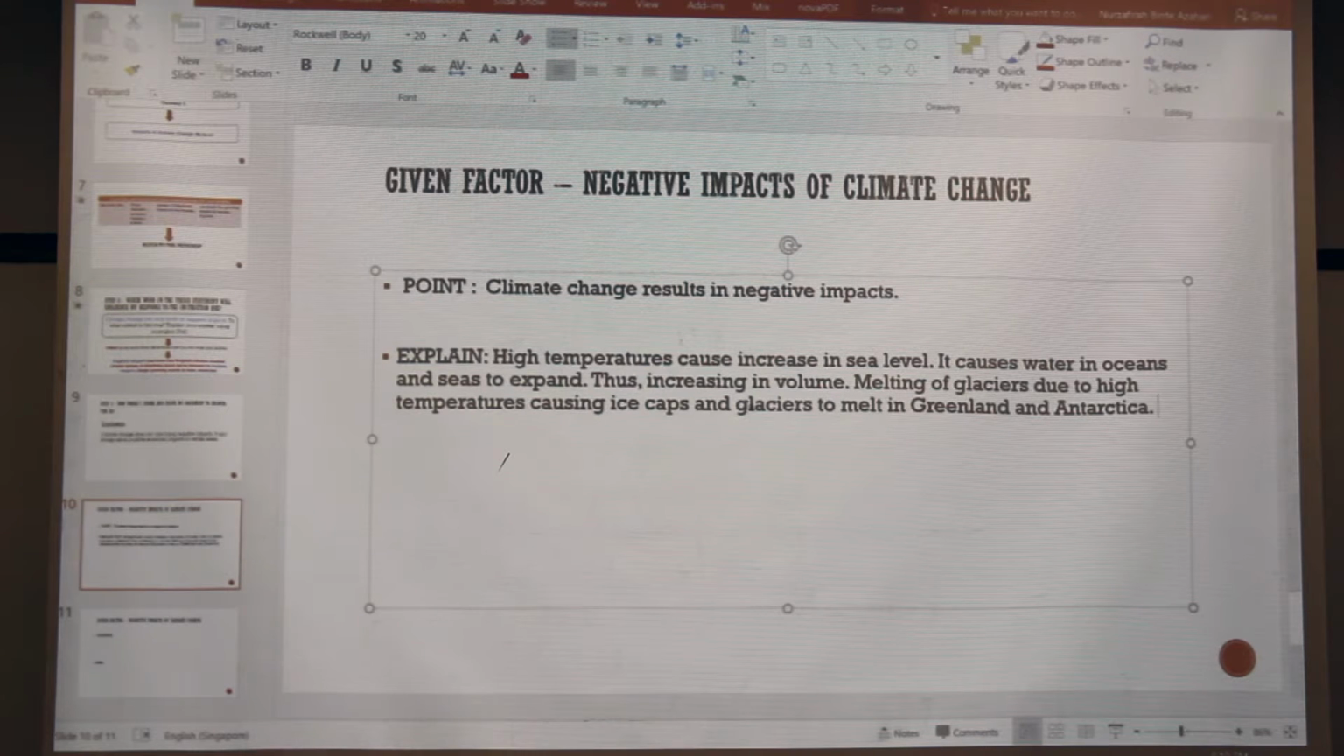Okay, so now we already explained how it happens, right? Yes. So we already said that this will cause the ice caps to melt and all that. But what is the impact? What will the impact be? These cause islands to sink, such as Tuvalu. Okay? Rise in sea level